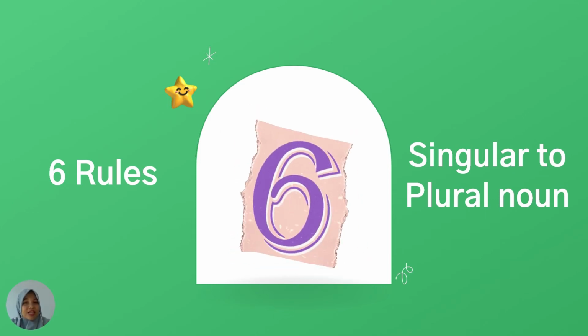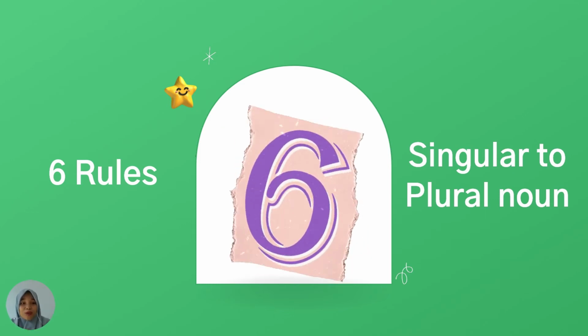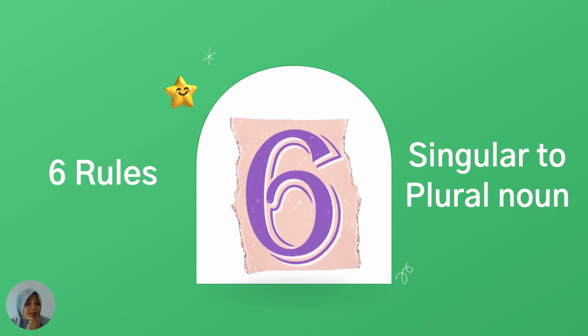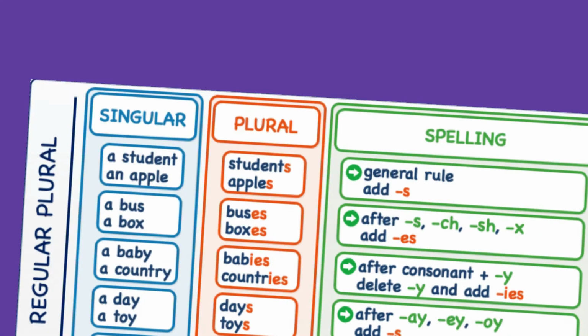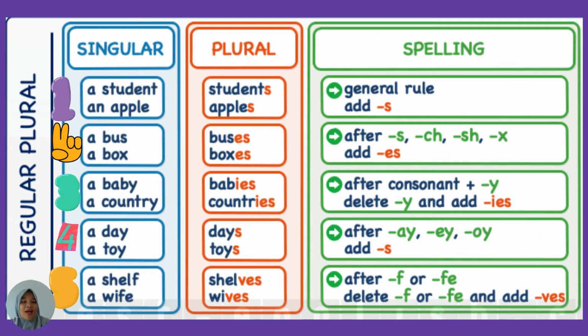How to change the singular noun become plural noun? There are 6 rules. What are the rules? Let's see. The first rule for singular, for the example, a student. It can be changed into students for plural noun. An apple. It can be changed become apples. So, the first rule is the general rule that we only need to add s in the end of